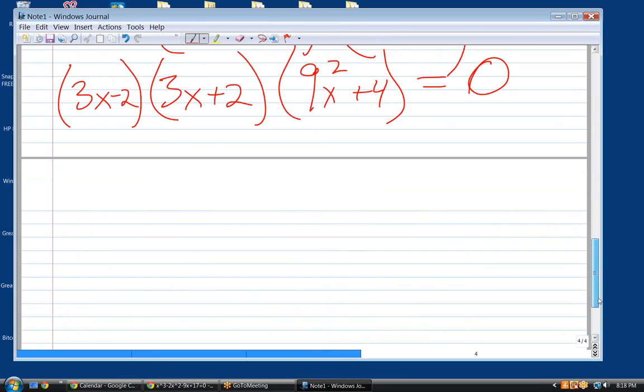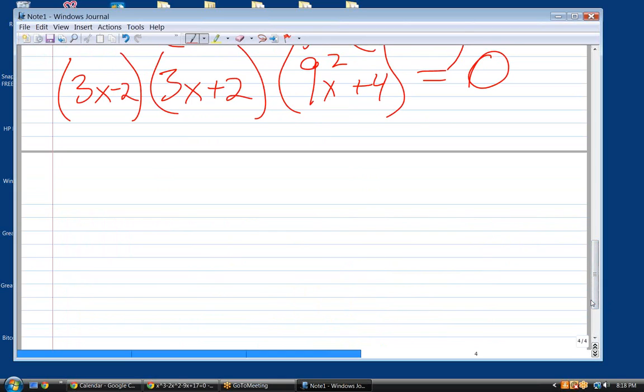What's my next step for finding the zeros? I don't know. We have 3 things multiplied together that are equal to 0. What does that mean? Isn't it 3 zeros? Well, it means any of them must be able to be 0. Because you can't get 0 from the product of 3 things unless one of them is 0. So